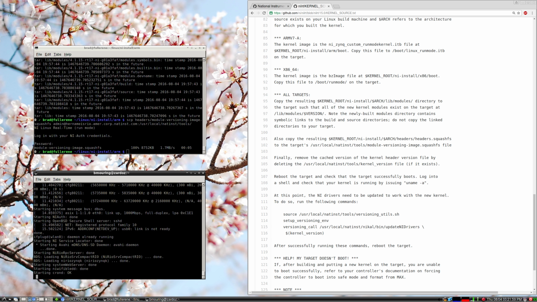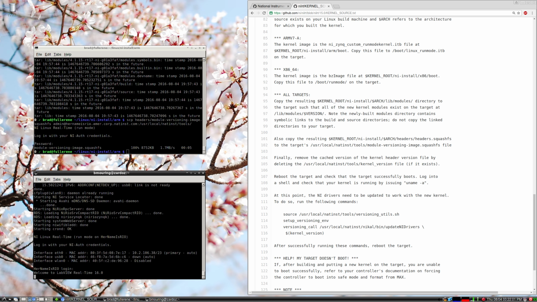You can see right here in some of the startup scripts, it's able to load NI Rio, SRV CompactRIO, NI Rio Zinc. BDS is up there earlier too. So what that means is